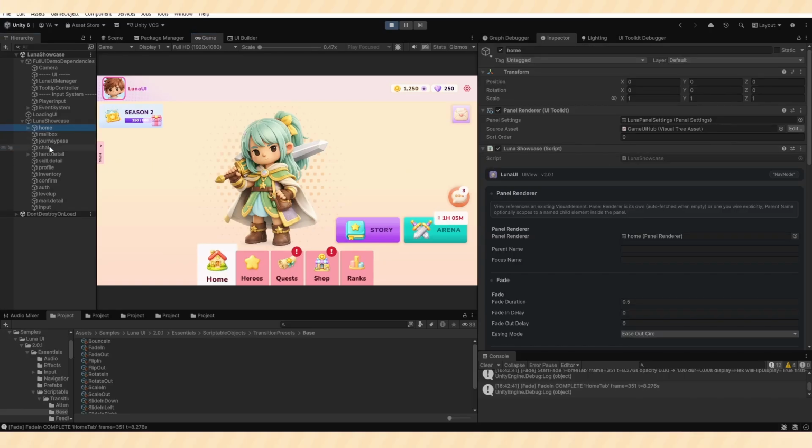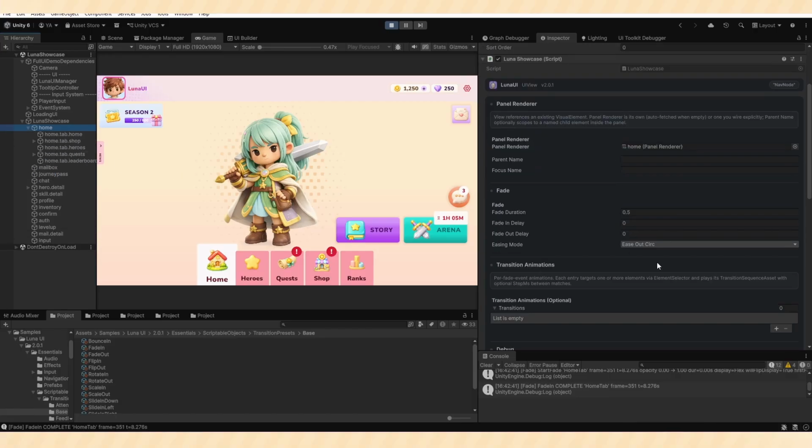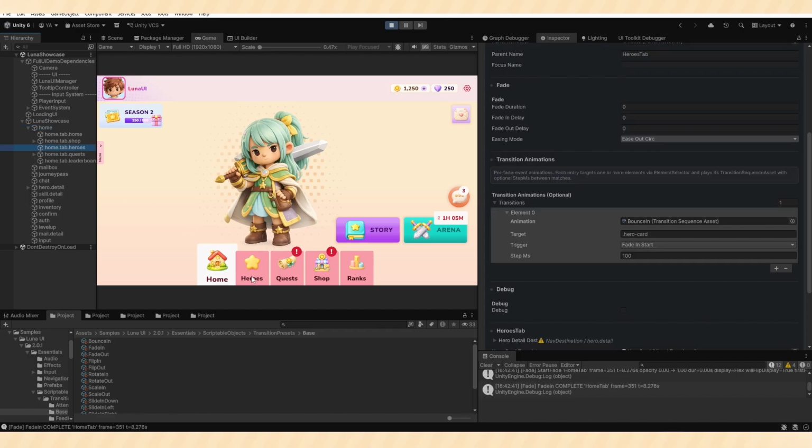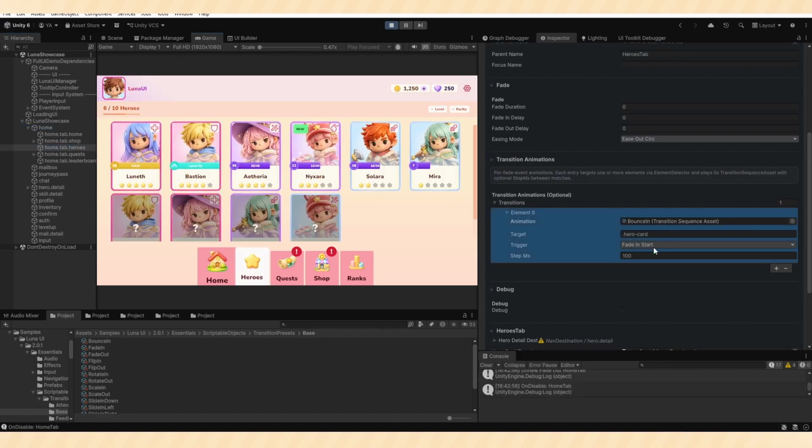So in the scene we have our UI views. Each of these UI view components has fade settings and transition animations. Which, if we go to the Heroes tab, you can see all the hero cards animating. This is the USS class. And if you change the speed,